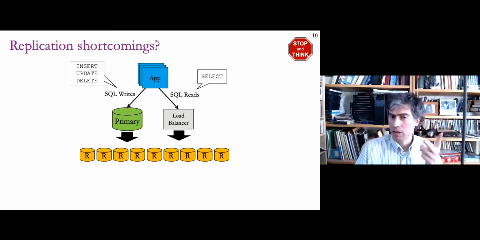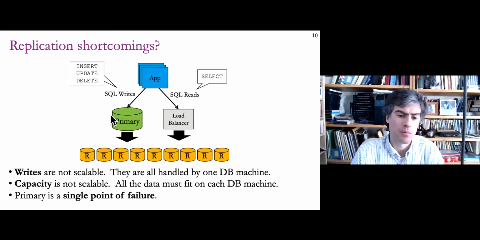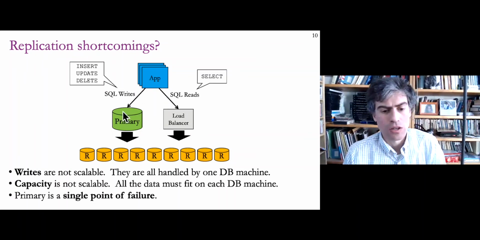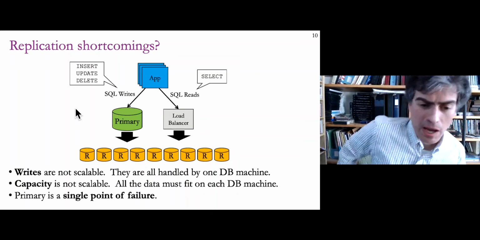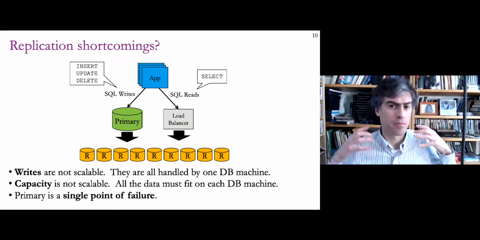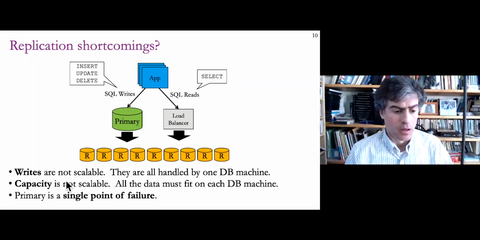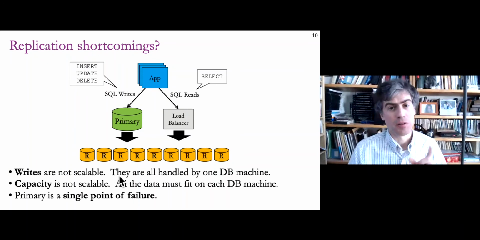So there are 2 big things, which I hope you came up with at least one of them. So first of all, notice that the writes are not scalable. The writes are all still going to a single machine. And so once that machine reaches its capacity and we vertically scale it as much as we can, our system can't grow anymore. The capacity is also not scalable. This is a little bit more subtle